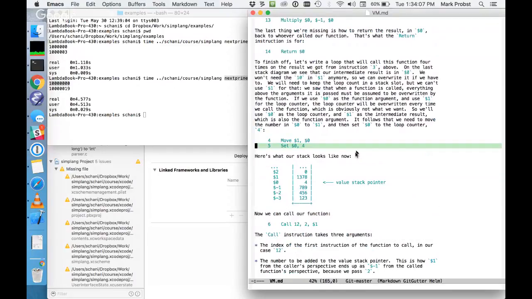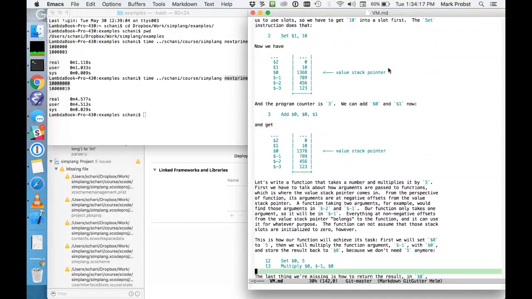And now what we're doing is we're writing a loop that will call this function 4 times on the result we got from instruction 3 above. So the result that we got from instruction 3 above is this. So one thing we can do is